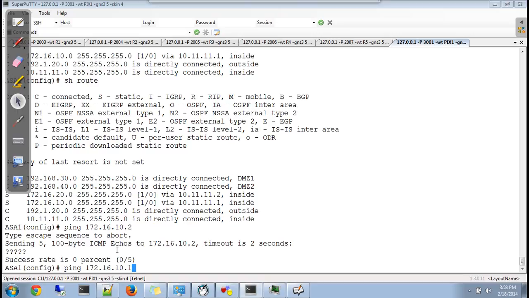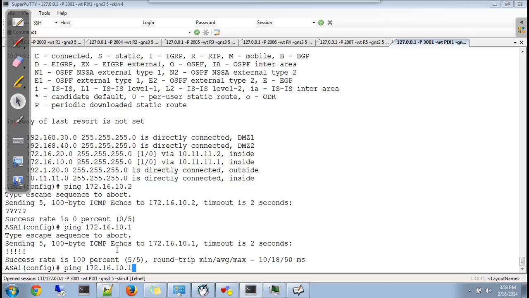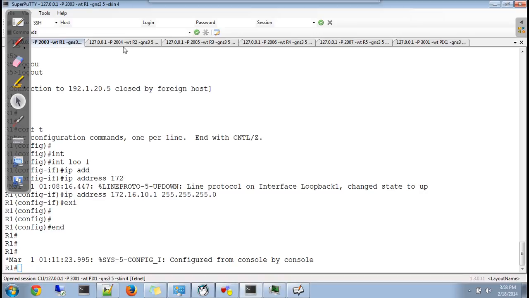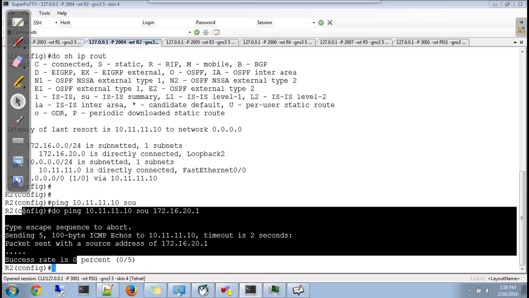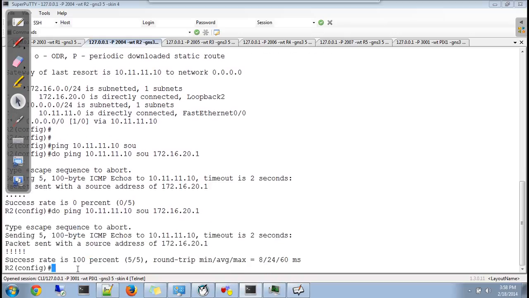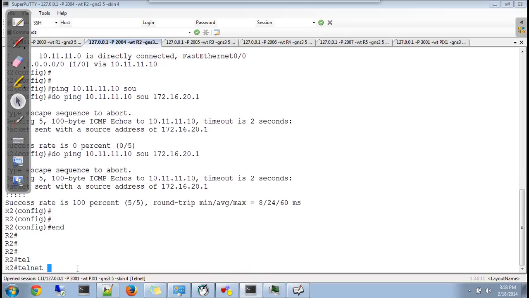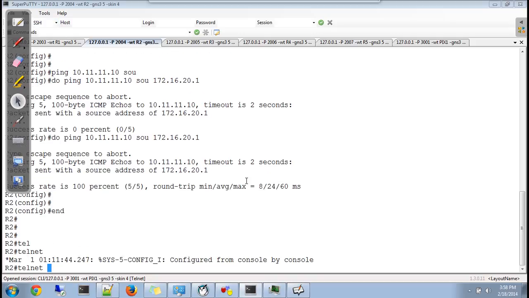You can ping 10.1 and you can ping 20. Okay. So this ping, which was not working before, now it will work. But we added this network behind R1 and R2.